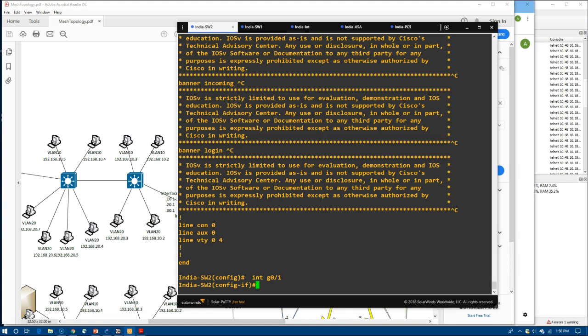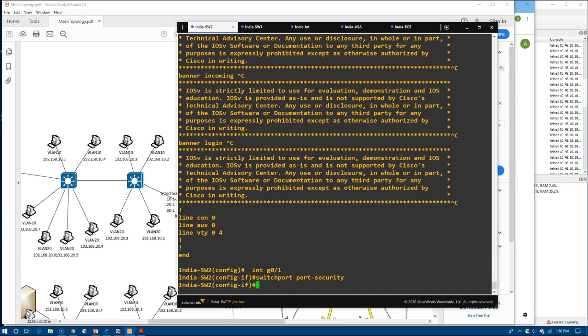So what we want to do now is switchport port-security, and there's a number of different things we could do. We could do a maximum of 1. So if we want to be sure that someone doesn't add a little switch under their desk and then plug in their laptop, we could say switchport port-security maximum 1, and that works. If we wanted to, we could do switchport port-security